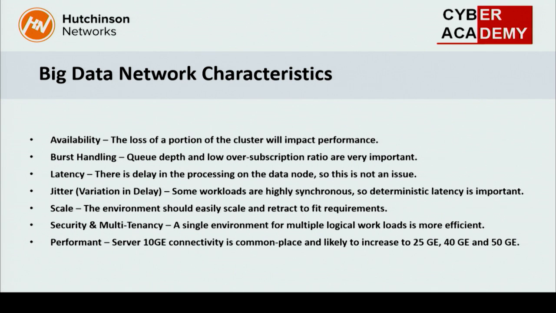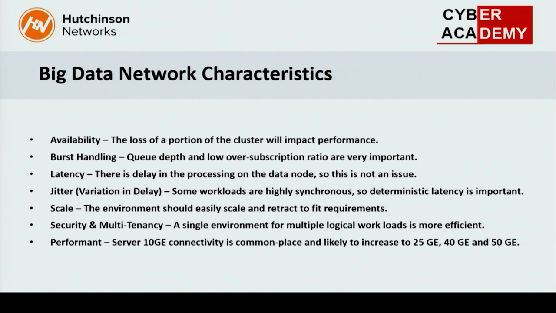The queue depth would be, for instance, if you're the receiving interface on a network and you've got lots of data, or say it's the sending interface, you've got lots of data being sent out through that, but you've got a 1 gig interface and you've got 1.2 gigs going out over it, then you want to store some of that data in queue, in the buffers, on the switch, so that it can send it. So you want nice queue depth, you want low oversubscription ratio, so you're not throwing, say, 48 1 gig servers all into a 48 port switch and then going up on 2 gig, then you're 1 to 24 oversubscribed. So the queue depth and oversubscription is very important.